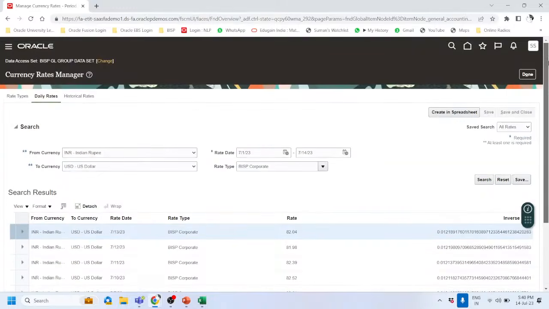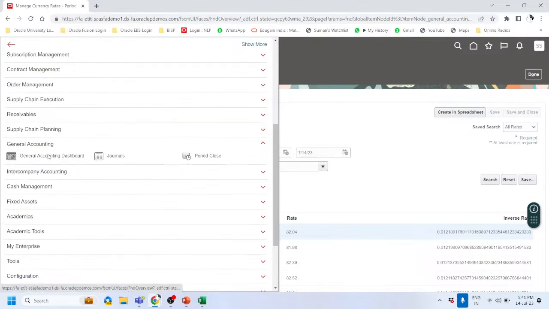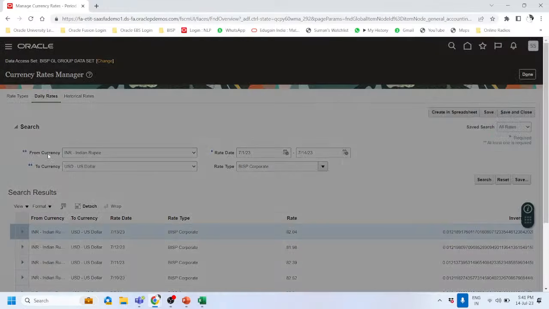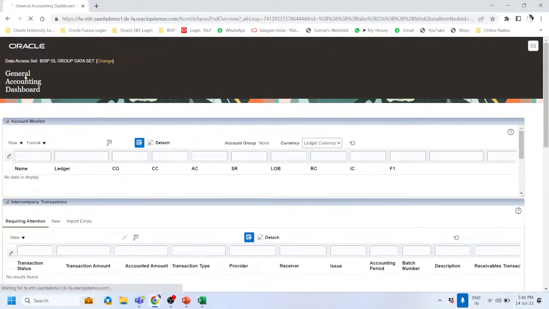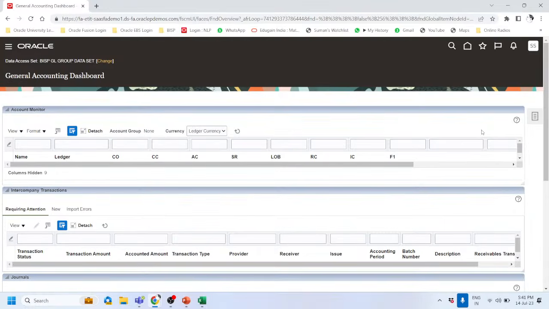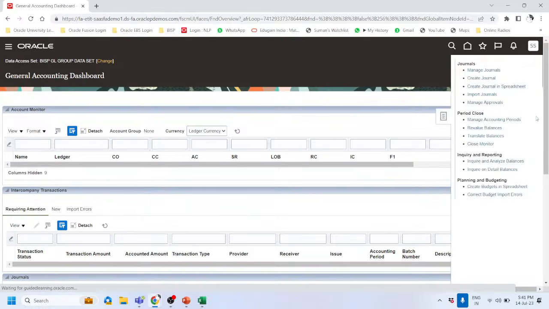Let us navigate to the general ledger accounting. We'll create a journal. Yes. Let us create a journal with a foreign currency, right? So I will use the USD, US ledger. Let me create journal,